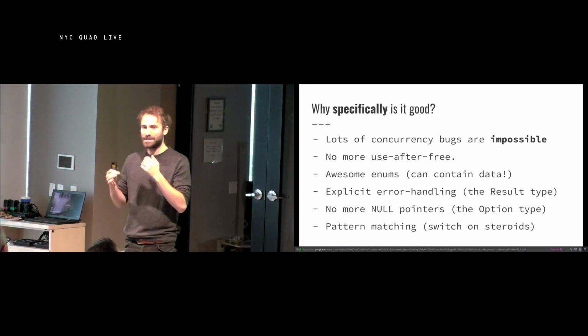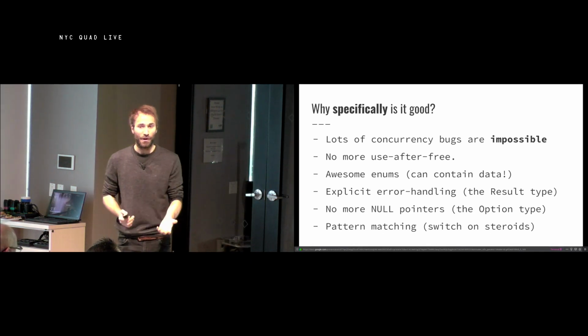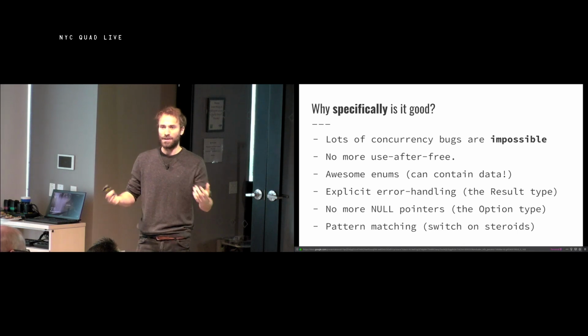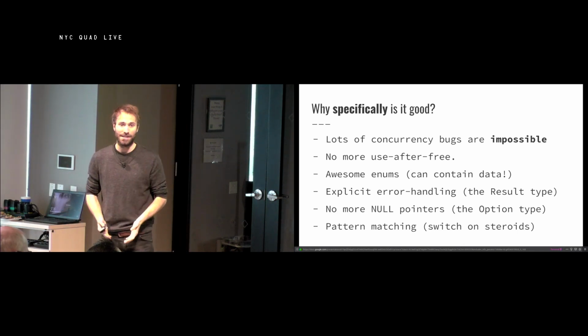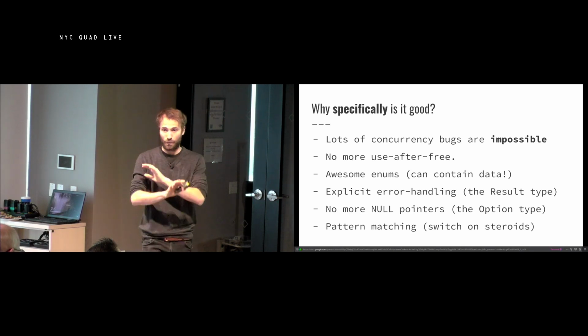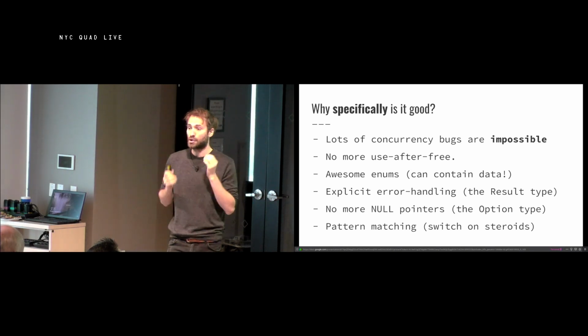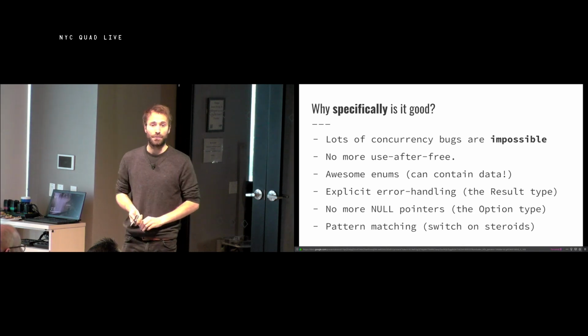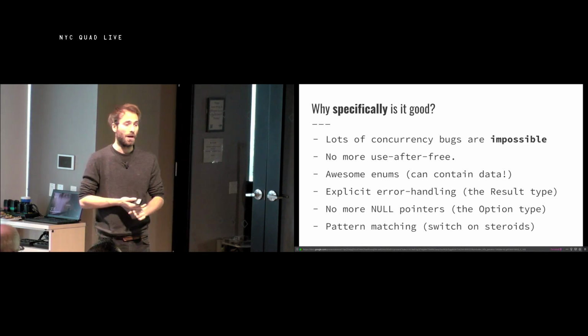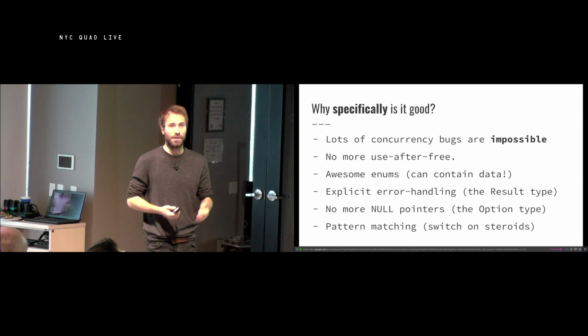And if you come from basically any other language, this is very surprising, right? In C, you will write a program and you expect it to crash at runtime the first few times that you run it. This is not the case with Rust code. It can crash at runtime for sure, but there are lots of these problems that just will not be there. You also no longer have things like use after free or double free. The entire ownership system guarantees this also at compile time.